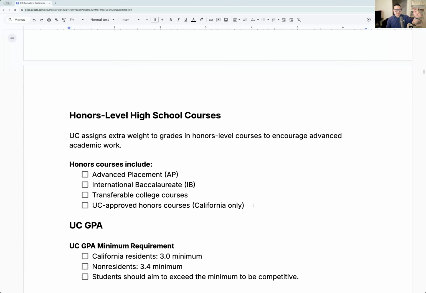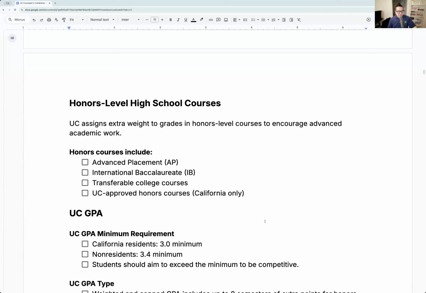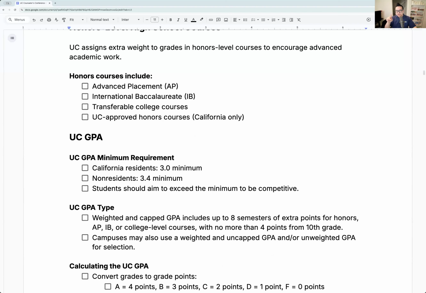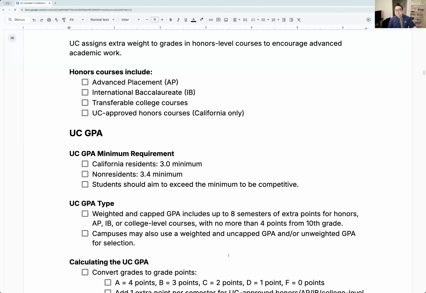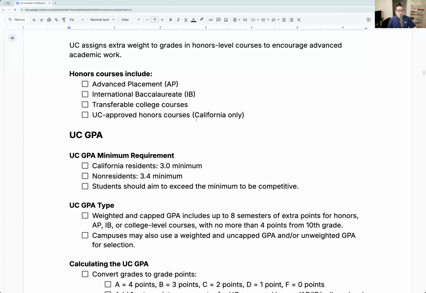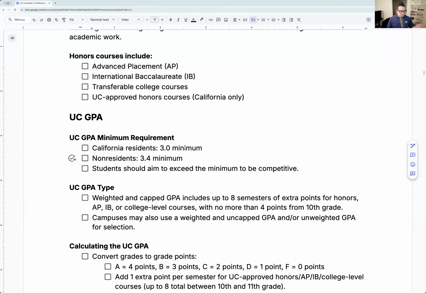Honors. There are a few types of honors: AP, IB, college, and UC honors if it meets the little star on the articulation. For out-of-state folks who are non-California residents, only AP, IB, and college count. Your school honors for sure do not transfer to the UC. Just a heads up. UC GPA is 3.0 for California residents, 3.4 for non-residents. Again, as high as you can is the key. I'm going to say this just to teach you, but my two cents, my recommendation, is to ignore this section. It doesn't do much in terms of recommendations. This is just for good old knowledge, so we can sound smart talking to our friends.